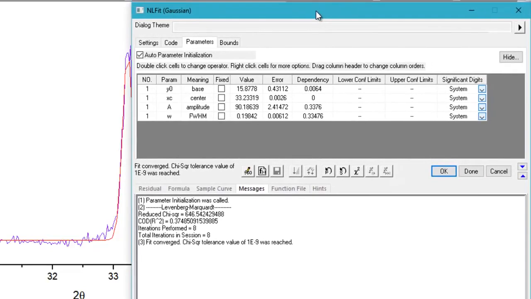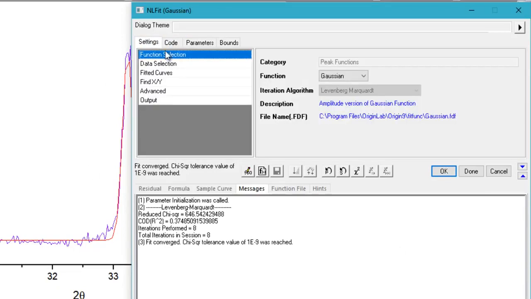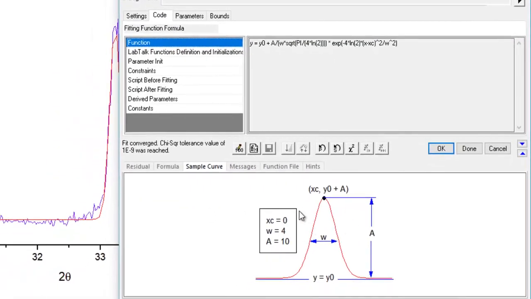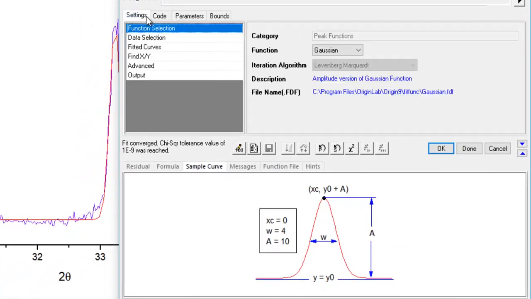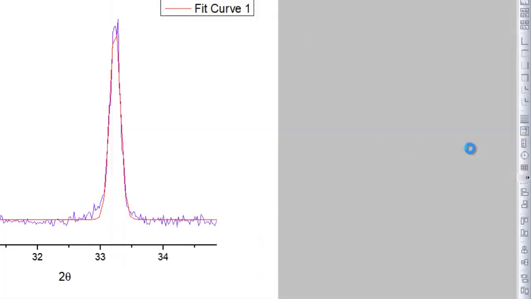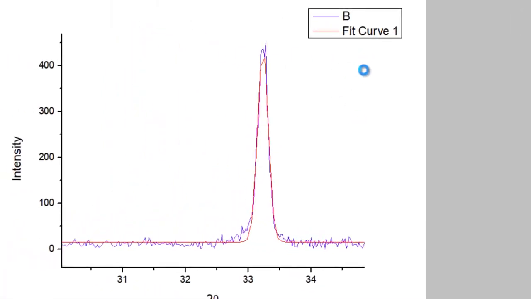This dialog box also shows you the kind of function that you are using to fit your data, and you can use many of the functions by just going to settings and picking some other functions and fitting your data. Anyway, what we needed was FWHM using the Gaussian fit, and we got it. So just go ahead and press done, and it will generate a nice